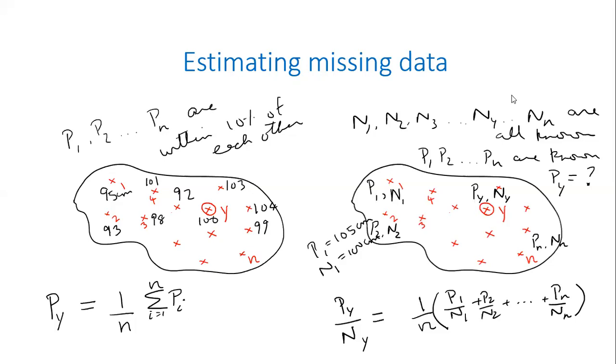The first method says, when I'm saying all of them are within 10% of each other, that they're all more or less about the same number. 92, 100, 105, all about the same. So it really doesn't matter. You can quickly estimate what the rainfall at this location might have been just by taking a simple arithmetic mean. That doesn't mean that it is exactly correct. This is an estimate. It is not the truth.